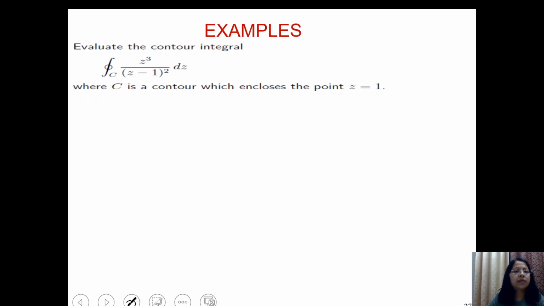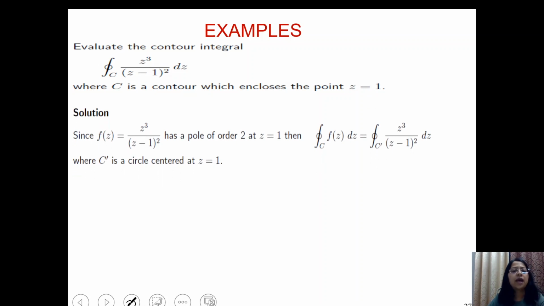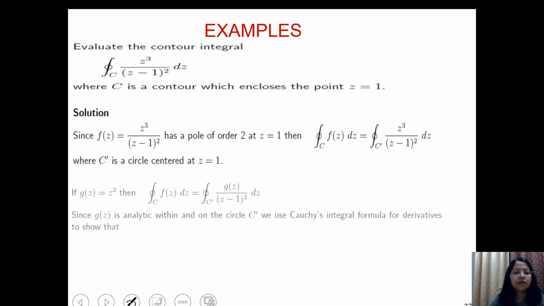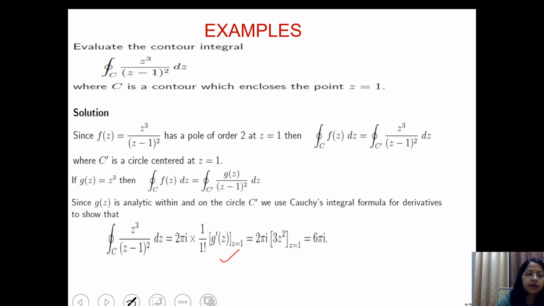Let's have one more example. Evaluate this integral z cube over z minus 1 whole square. This has a pole of order 2, as z minus 1 whole square is there, and z is equal to 1 is very much inside this. So here we can use the Cauchy integral formula. g z we can assume as z cube, and that is being taken as the derivative here. And since z is equal to 1 is the point of